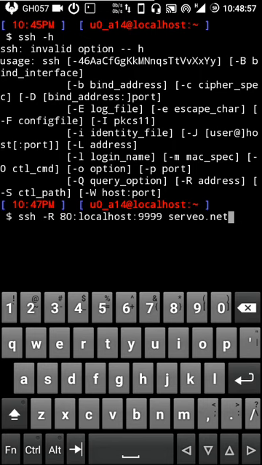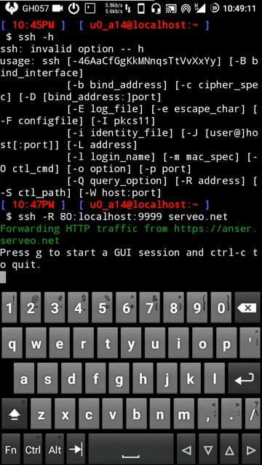Now localhost and then the address that we are pointing to, and let's hit enter, and this is basically going to initiate an SSH session with this Servier.net website, and it is actually giving us a